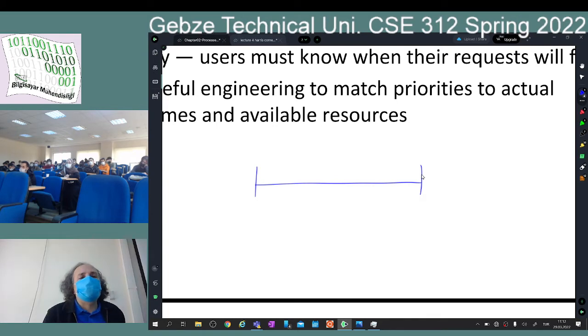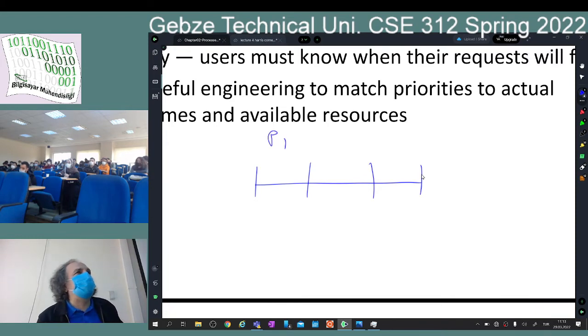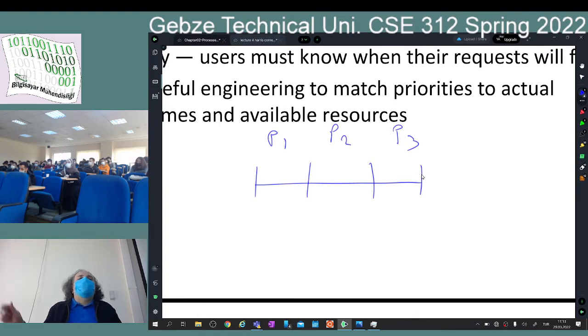So I know that on this computer there are three processes. One process, P1, controls the braking mechanism of my car. P2, let's say, controls the thermal values of the car. For example, my engine should not be too hot or too cold. And process number 3, for example, controls the wheel spin. Maybe I shouldn't spin my wheels too much. That will be bad for the car control, and that will be bad for the stability.